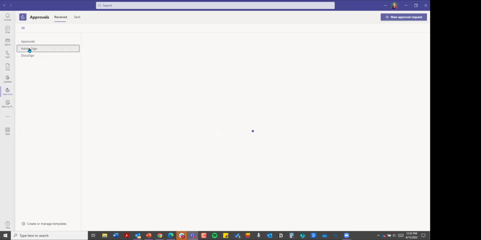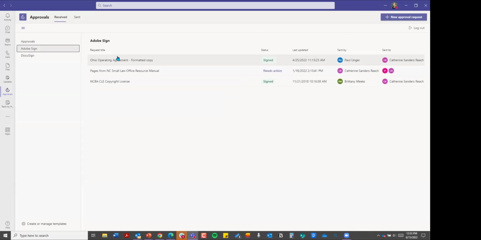If you have Adobe Sign, it actually shows you what you've sent for approval through Teams. And similarly, if you have DocuSign, it'll show you what you sent. So again, it's trying to give you a dashboard to access everything. This little apps button here,